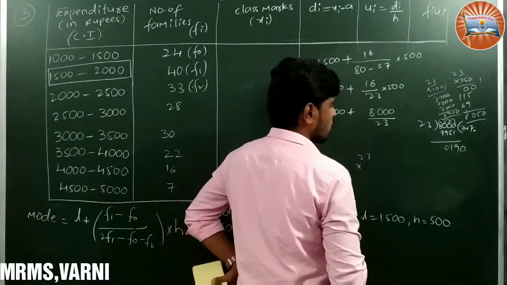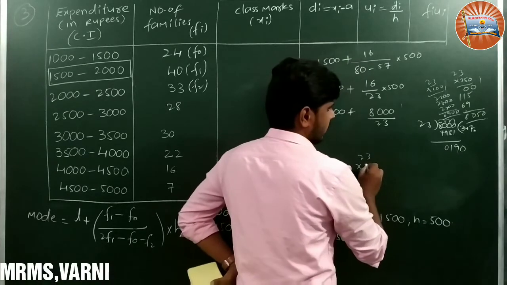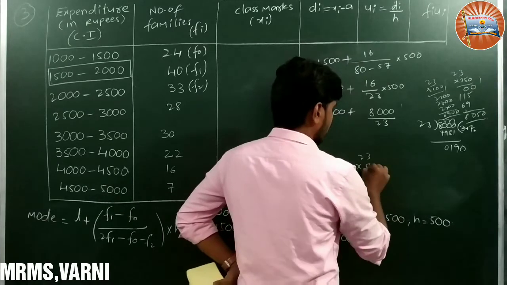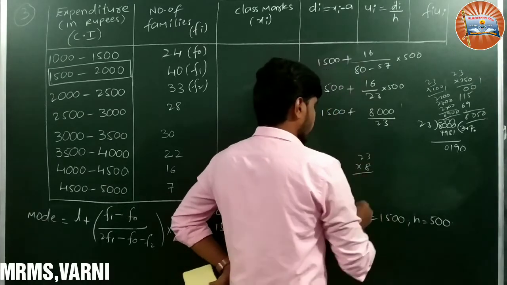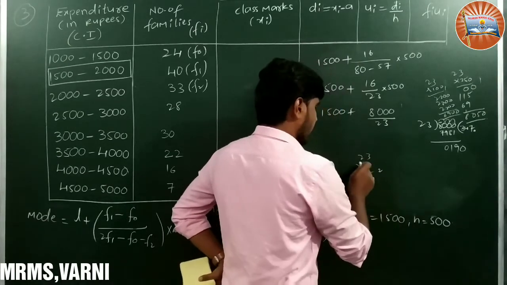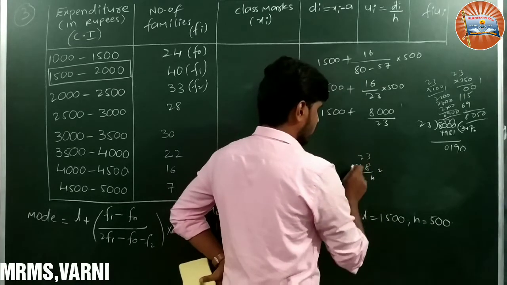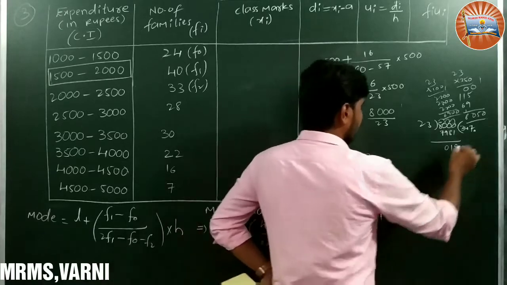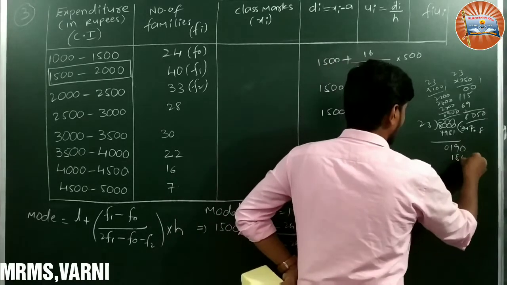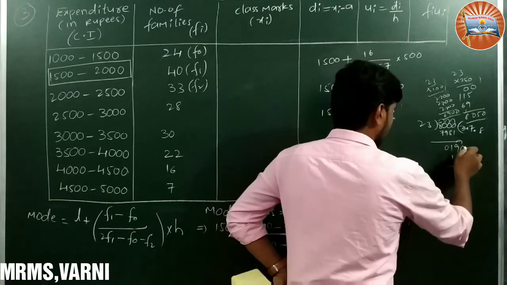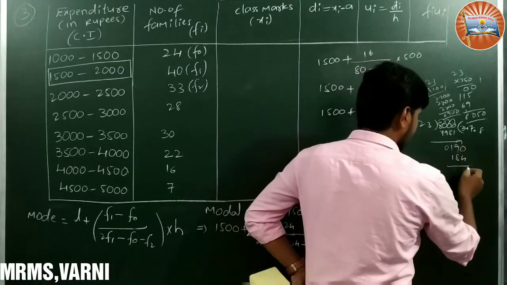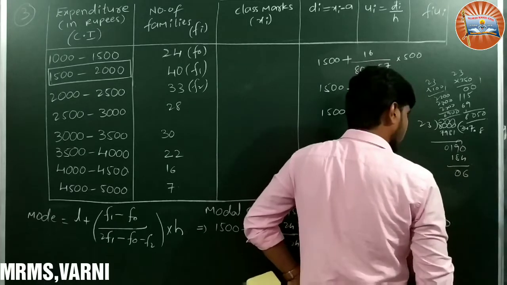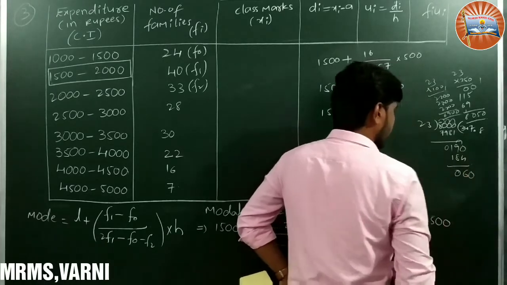Now 23 into 10s is 30. 23 into 8s is 30, it is also okay. 23 8s, we shall check. 8 times 3 is 24, 8 times 2 is 16, 18, so 184. So 23 8s are 184. So 1 here. 10 minus 4 is 6, 0. 6 is the remaining. Take 0 again.